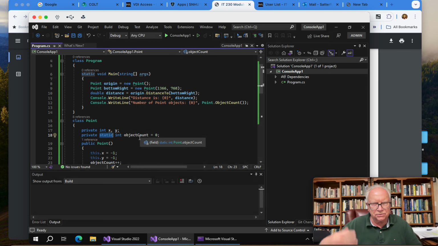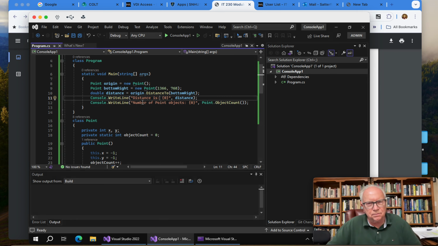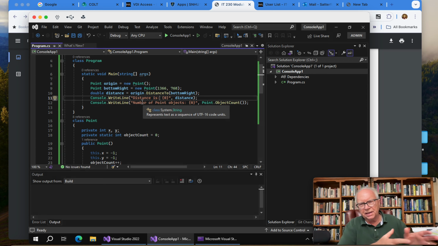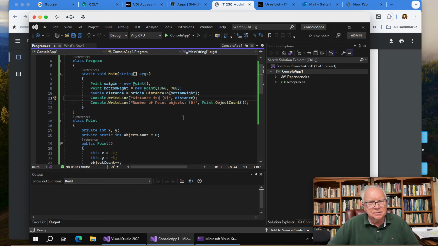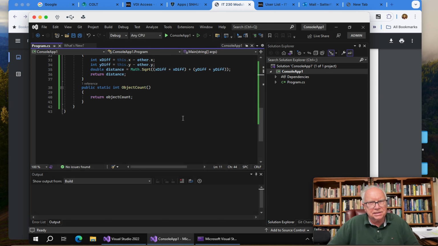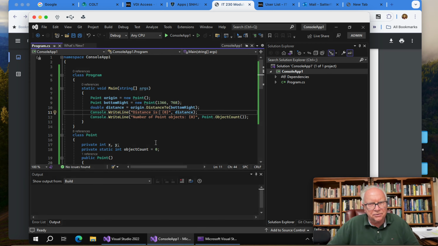So this way it actually accumulates every time you make a new point object, because it doesn't live within an instance of the class, it lives within the class itself. So that's it. I think there was one other error,